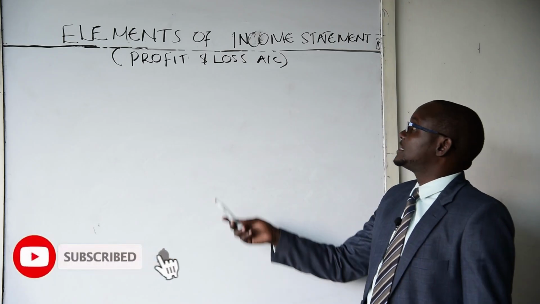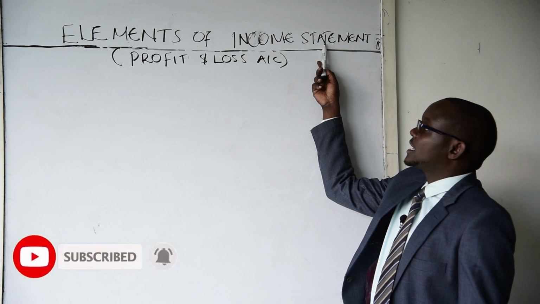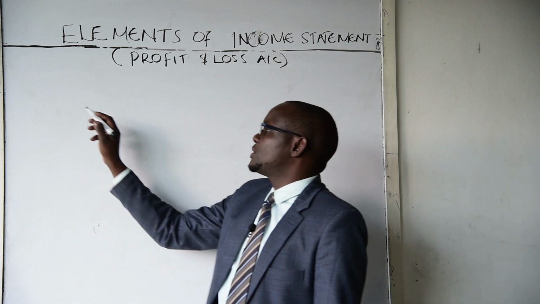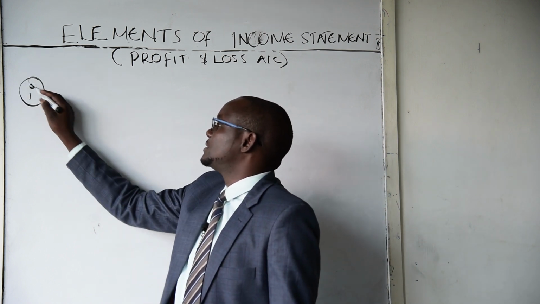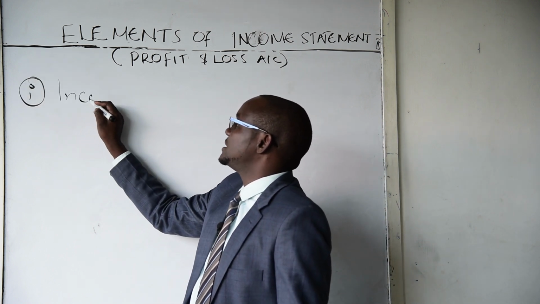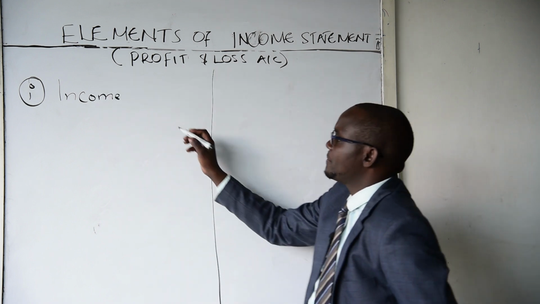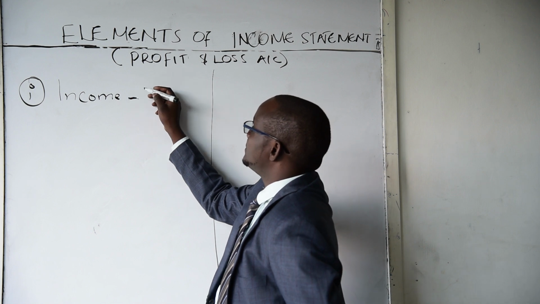Hello guys, let us look at the elements of income statement, or what was previously called profit and loss account. I want to look at the first element, which is income. And income refers to revenue